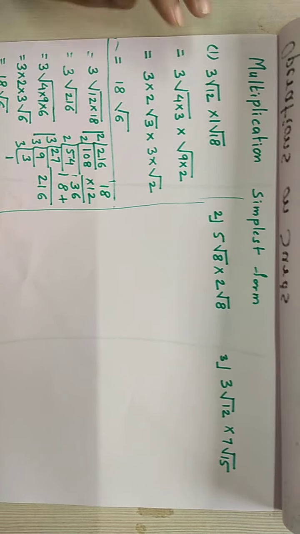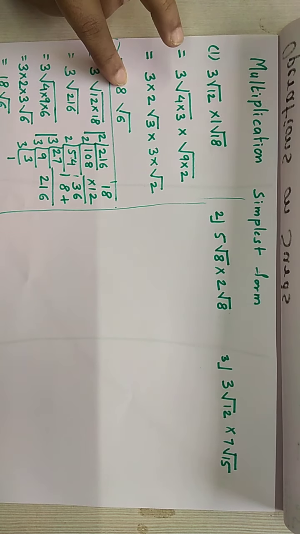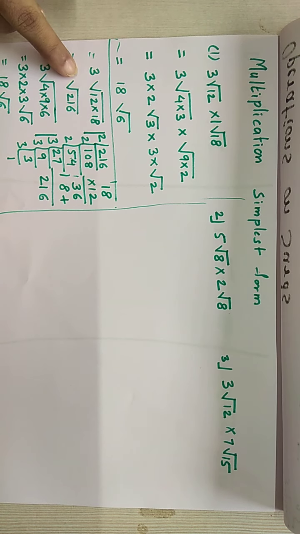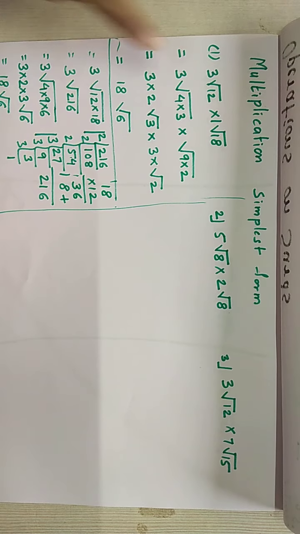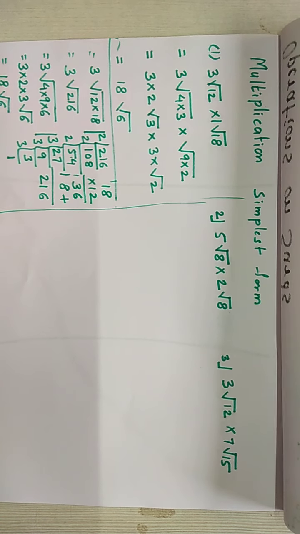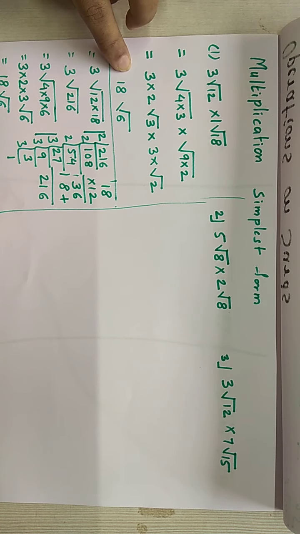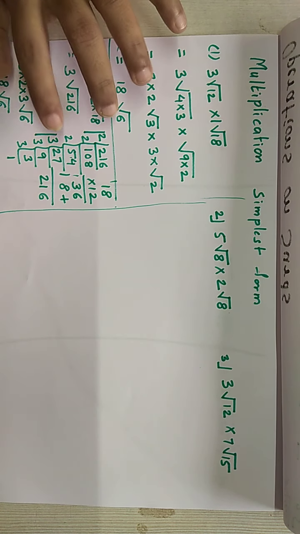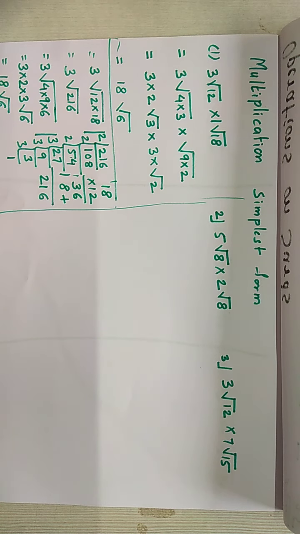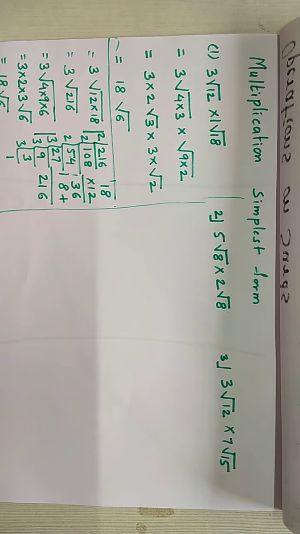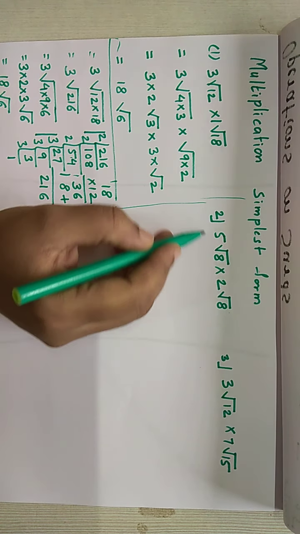See, first method is you make it simple and then solve, and the second method is you solve it straight away and then you make it simple. So these two methods are there, which you find easy, you go for it, but I would prefer that you first make it simple and then solve, because then you don't have to move to the working column to do such big calculations.